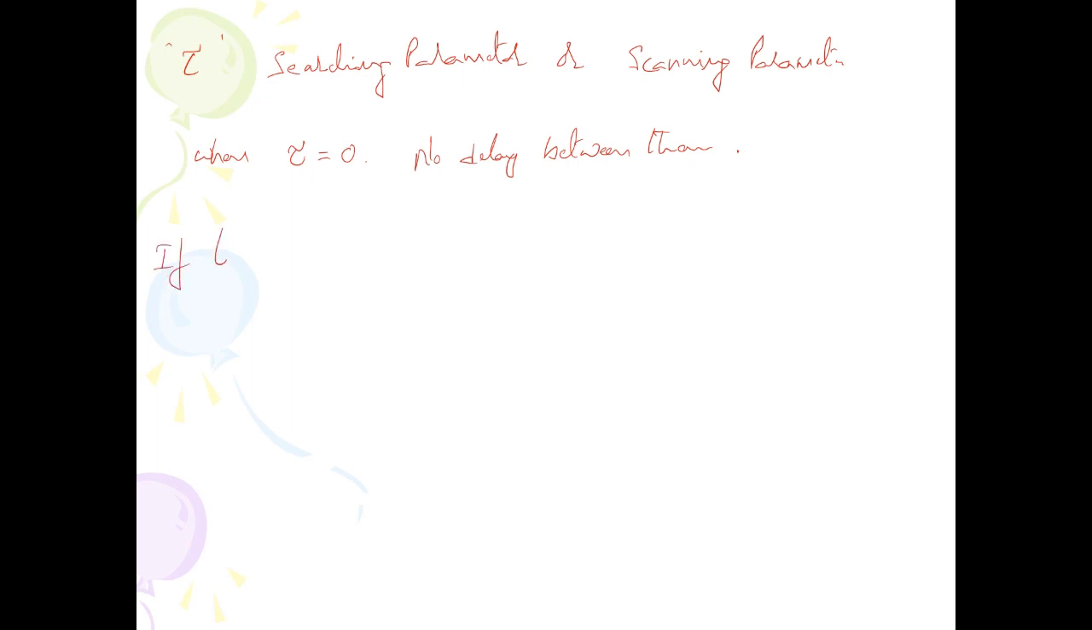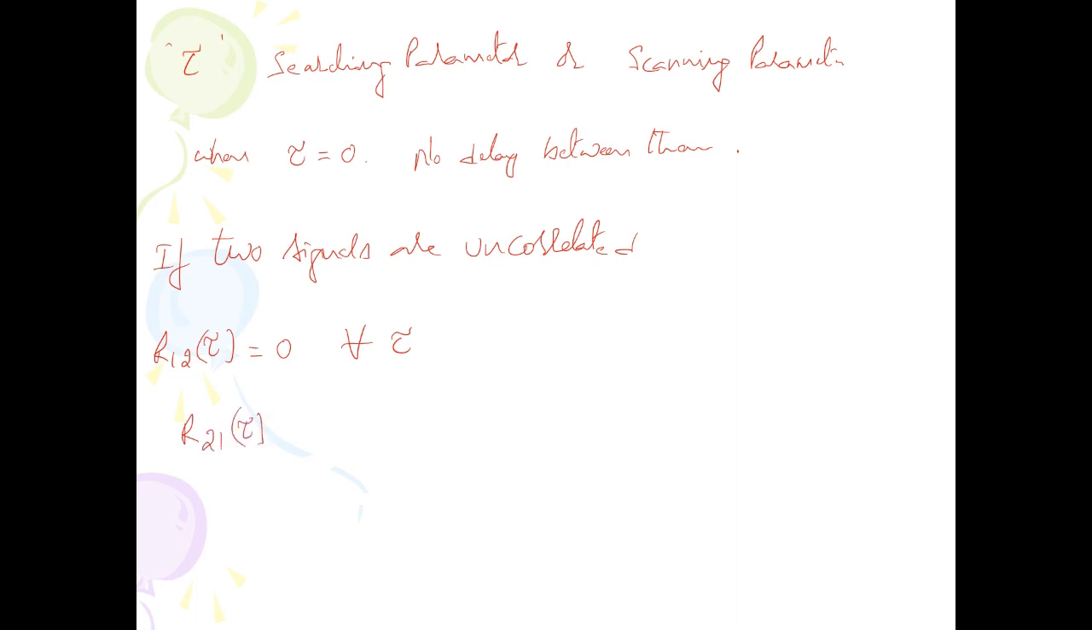So, if two signals are uncorrelated, in that case, R12 of tau is equal to 0 for all values of tau. So, in that case, this is